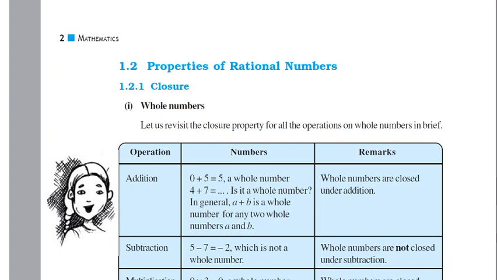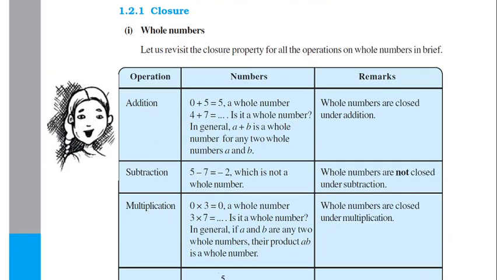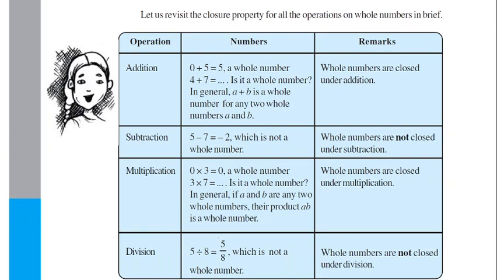Now there are some properties related to rational numbers that are applicable whenever you are doing operations like addition and subtraction. So remember these things. This is the heart of the chapter. The first property is closure. Let's see how it affects whole numbers. We know that there are 4 basic types of operations. A whole number starts from 0 and so on: 0, 1, 2, 3, 4, 5, 6, 7, 8, 9.